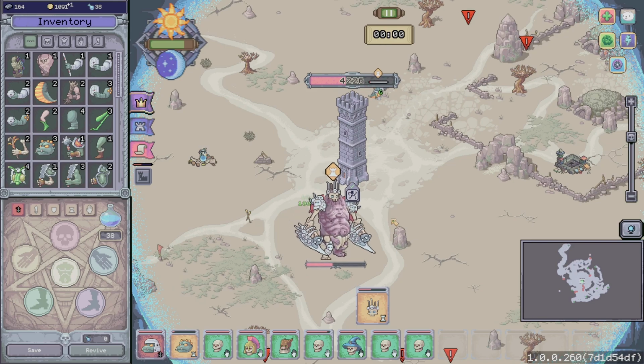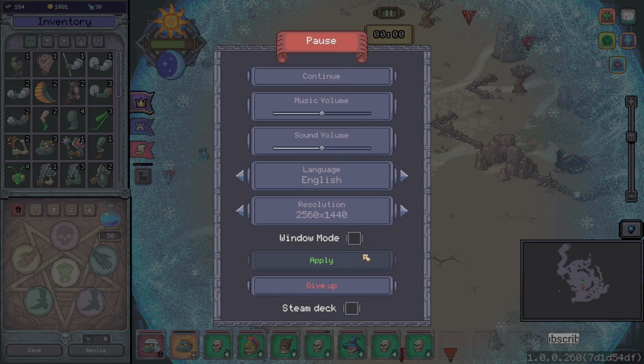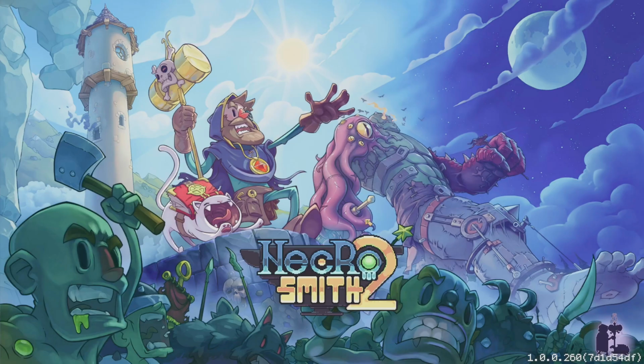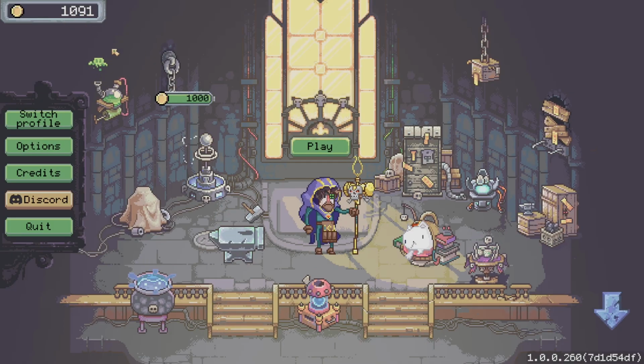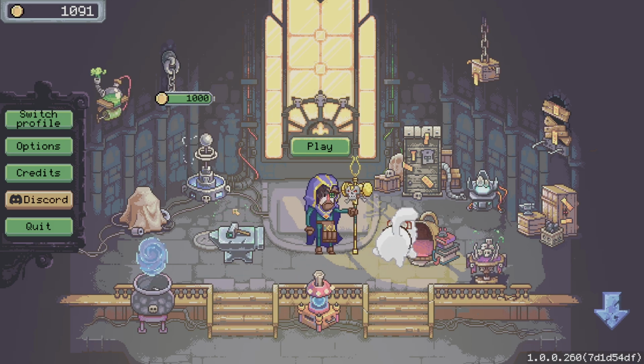So, alright. I have other things I have to do, so we will be cutting this off right here. I will come back to it later. We just defeated our first boss. And... oh. No save system. Guess we're giving up. I wonder if we keep any of our currency that we collected. Yeah, we kept a little bit. That's not too bad. Well, I'll get back to this, but...